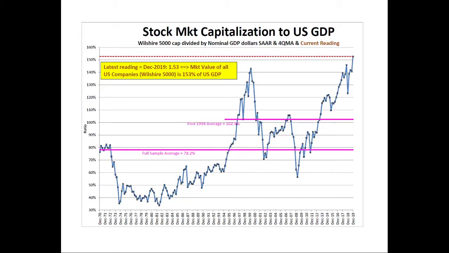So I'm going to jump to the chart here and I'll talk you through it. This is what we have here, the stock market capitalization, okay? Stock market capitalization to the dollar value of U.S. GDP. Now for stock market cap, most of you are probably most familiar with the S&P 500, right, or the Nasdaq, or maybe a small cap would be like a Russell 2000, something like that. But you're probably not as familiar with an index called the Wilshire 5000.